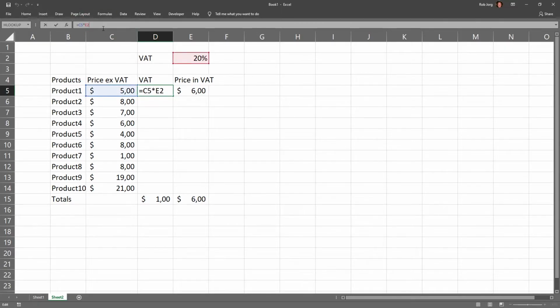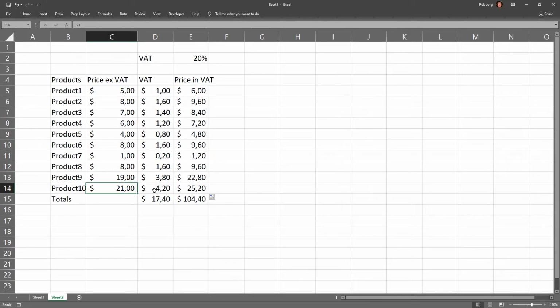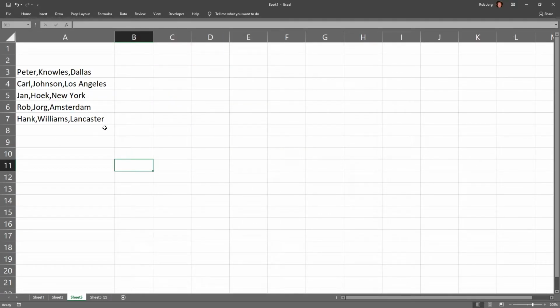Over here, you have the formula. And when you put a dollar sign in front of the column and the row, it becomes absolute. So you see it's pointing towards that E2. When you pull it down, you see it's still pointing towards that cell. So it becomes absolute. When you pull this down, it will add the VAT amount to the non-VAT amount, totaling including VAT. That's absolute cell reference.